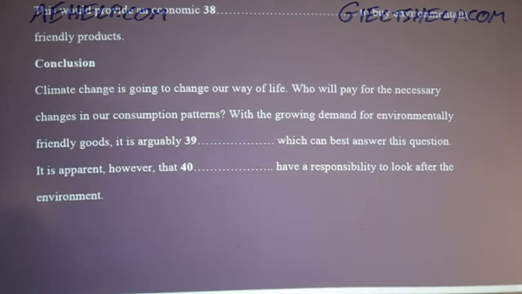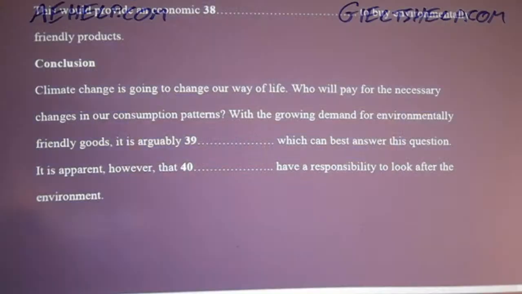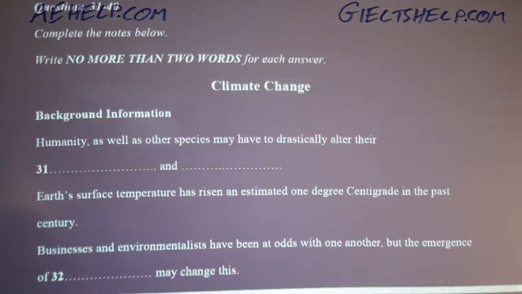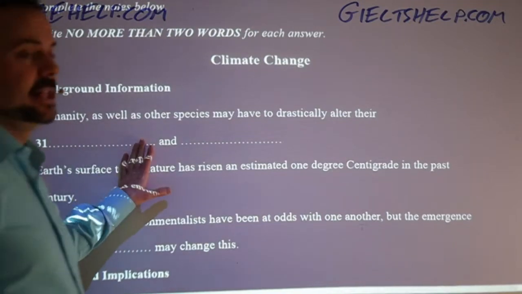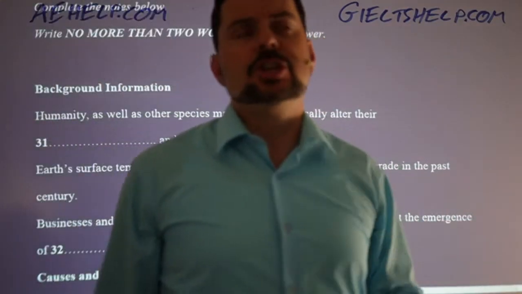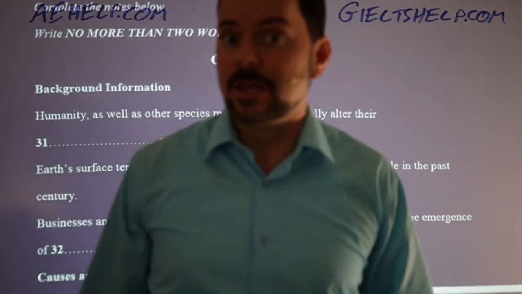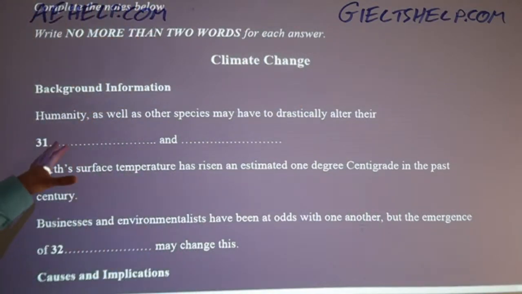Okay, students, check those answers. And this is a very typical part 4. So when I did my IELTS exam in February, part 4 was almost exactly like this. It wasn't about climate change. It was about crops in Australia. Okay, so farming in Australia. But it was exactly like this format.